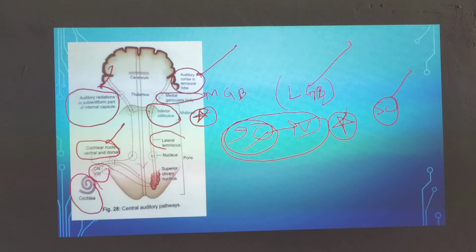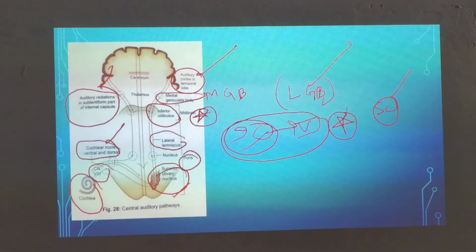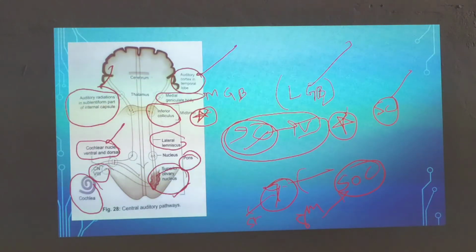So this is the lateral lemniscus. This is the superior olivary complex or superior olivary nucleus. Where is it present? In the pons region. What is it helpful for? It is an important component of the stapedial reflex. So the eighth cranial nerve goes up there and then goes towards the seventh cranial nerve, till the level of your stapedius muscle.